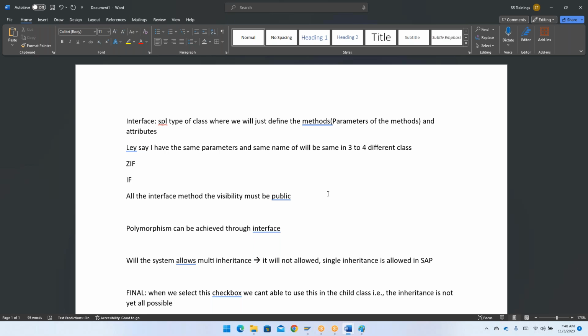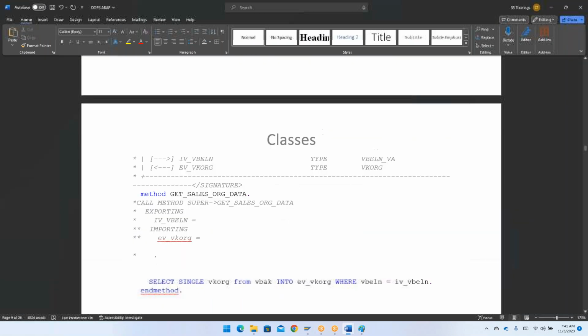Okay, clear with this? Any questions in interfaces, polymorphism and inheritance? Any questions, guys? Okay, yeah, go ahead, Chaitanya. Okay, I will consider it as no questions, and let's see the next concept